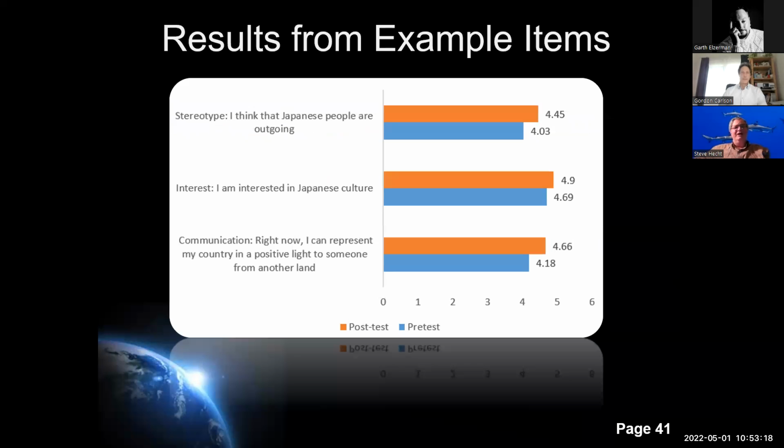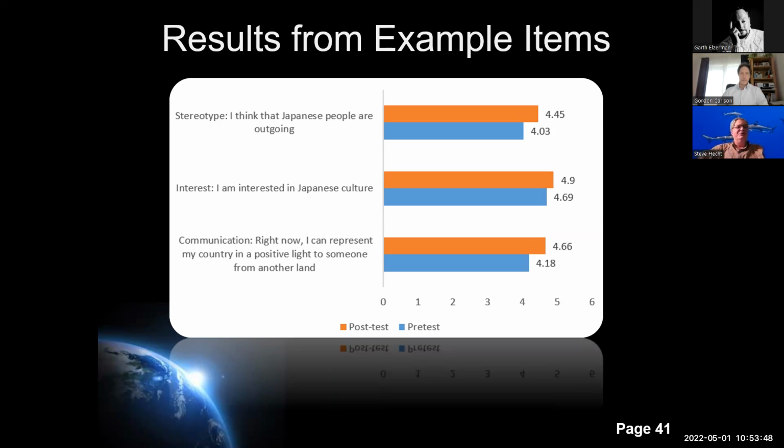So here's what we found. On the orange bars, that's the post-test. The blue bars is the pre-test. So before we had the students go through all these activities, we first measured their attitudes, and then we did so again after we were done with all the activities. And you could see that in all of the different scales we had, and we had 3 scales,